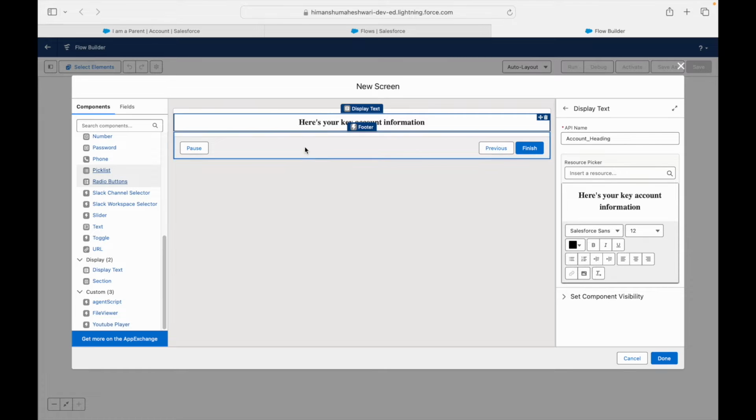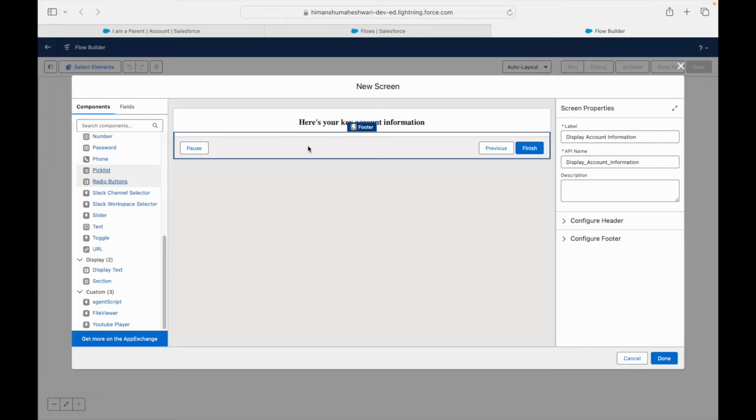Okay, and then you have the footer. Now a footer consists of three essential buttons. One, the pause button. Now, if you have a journey, let's say you are filling out a loan application form, a loan disbursal form, an address verification form, you're doing a KYC. In such scenarios, you don't have just one screen wherein the user is inputting their fields, right? You're filling a very long survey. You might have 25 screens, you might have 16 screens. In that case, will you be able to sit through all of those screens at once? Maybe, maybe not. Correct? Now, in cases like this, you can pause your journey and you can come back later